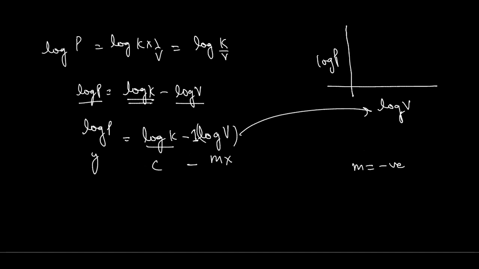Its slope will be going down. Slope coming down. It will be the negative slope. Very good. And it will have some intercept, because it is the intercept here. So it will be coming down this way, like this. And here we consider this one as log K, and this one is going to have the negative slope.